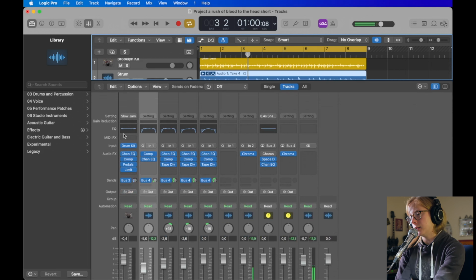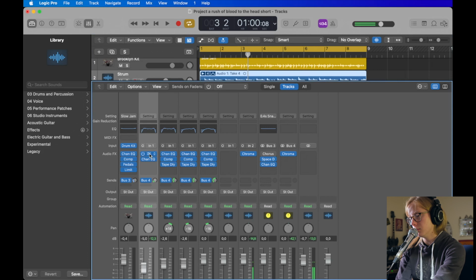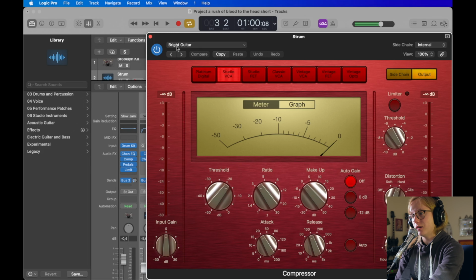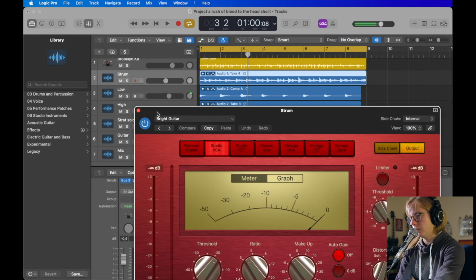So I added a little bit of EQ to the guitars. Here I added some compression. So I used the Bright Guitar Standard Edition, and I just tried to make the compressor respond to it. So if we play around with it,